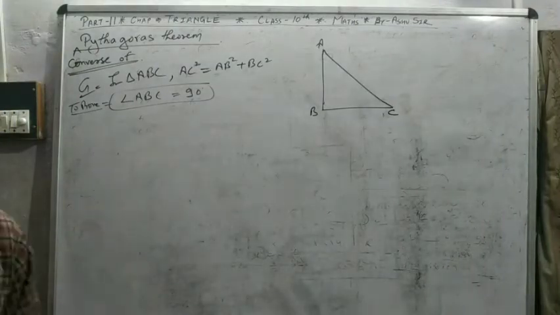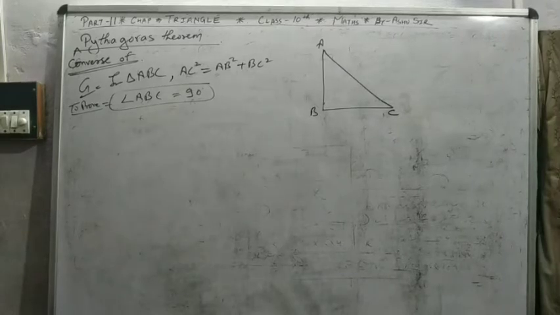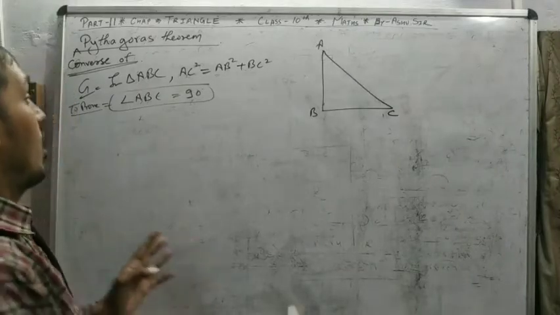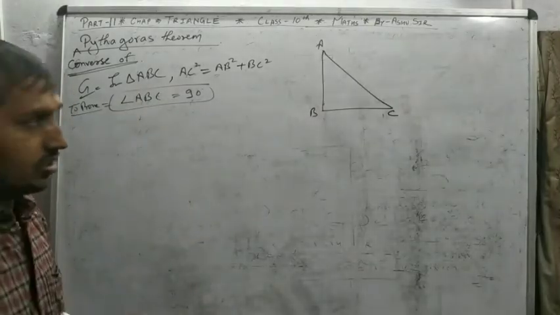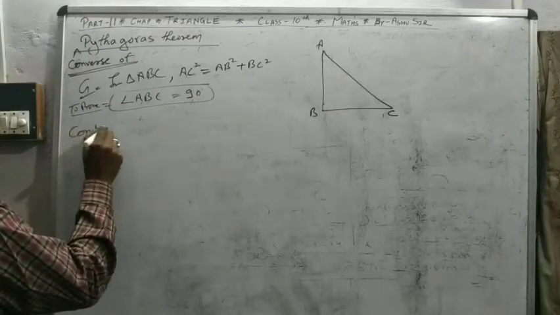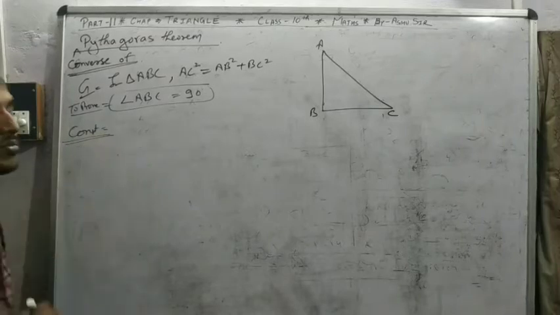That's the converse of Pythagoras theorem. In Pythagoras theorem, 90 degrees is given, so the square of the longest side is equal to the sum of the squares of the remaining sides. In the converse, if 90 is not given but the square relation is given, then the angle opposite is 90. Same construction, and you know the assumption process, converse proved.